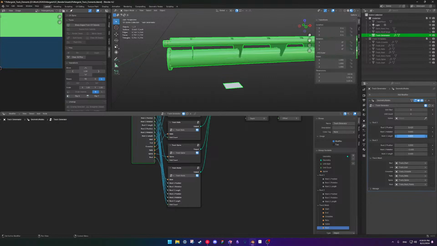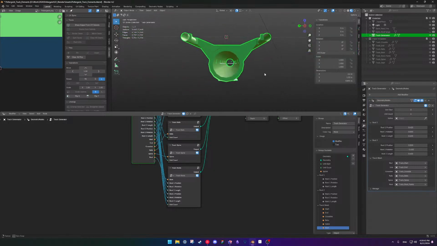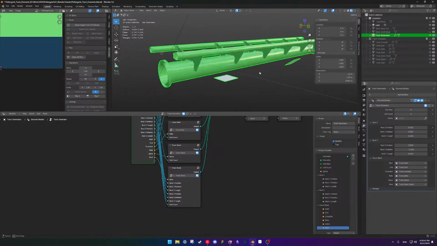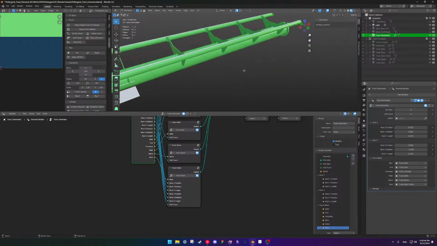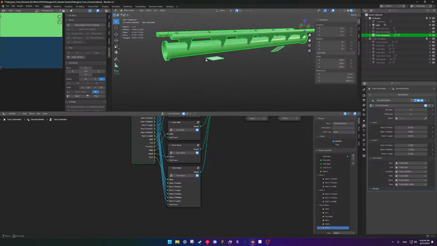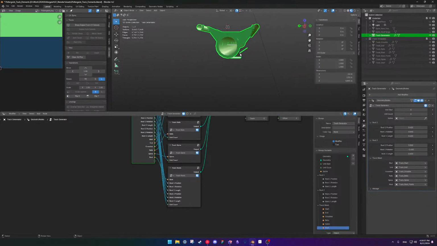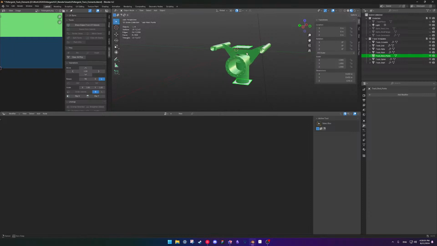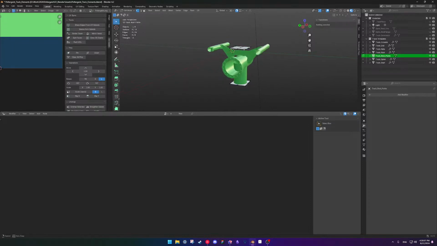Here. But this is still inside of there. Ah, I see, because I'm going to end up shifting this down.